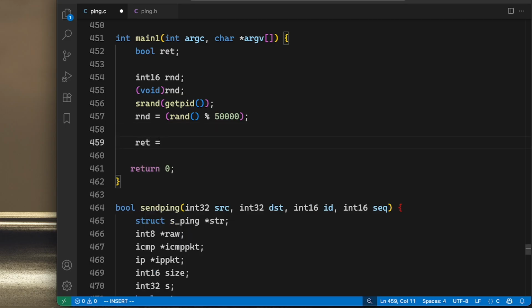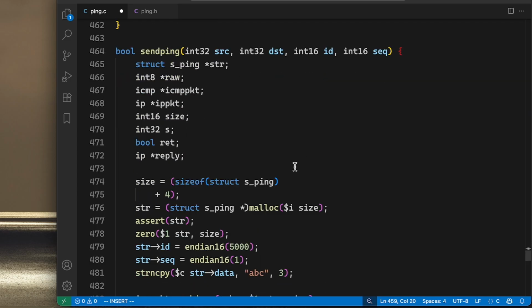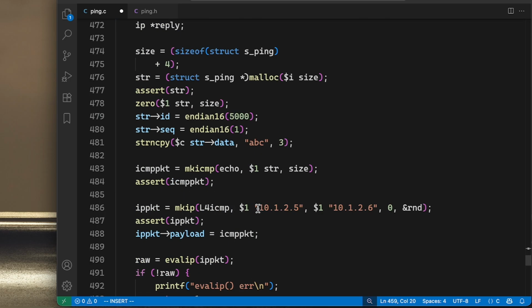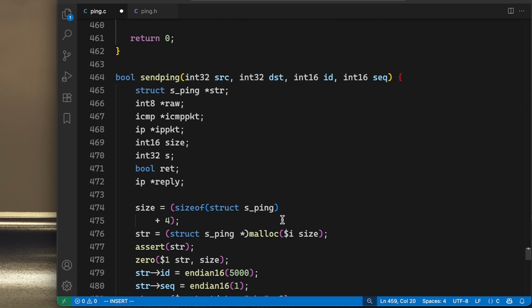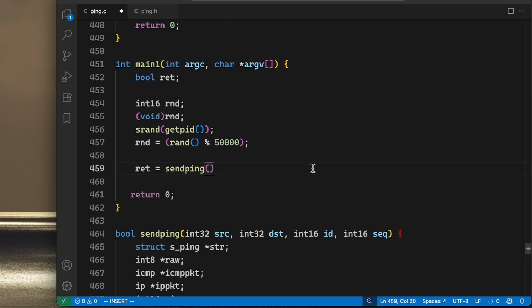So I'll set the ret equal to our new function, send ping. What's the IP addresses? It's these, right? So the source is going to be the inet address of